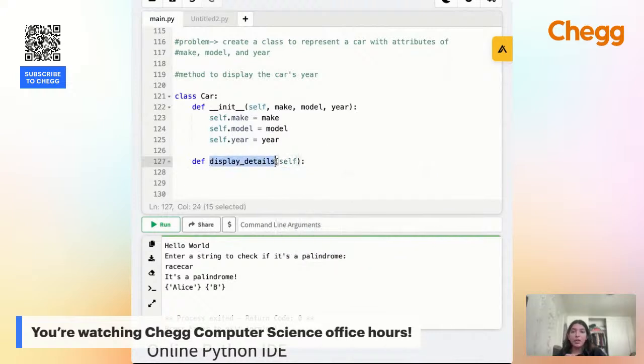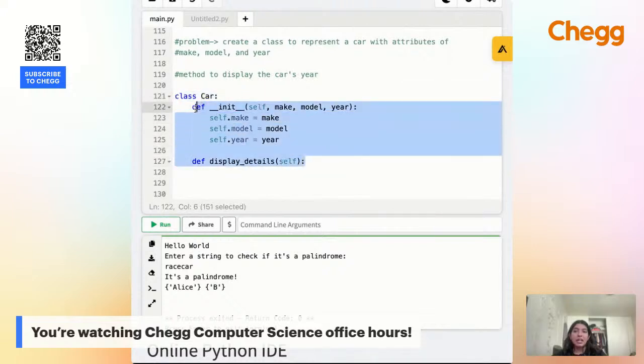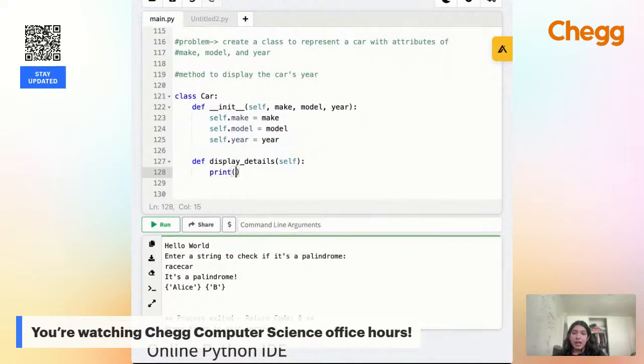So now that we have our attributes instantiated, what we want to do is make our method. In our method, we call what we want our method to be. A method is another way to say a function that belongs to a certain class. In this case, our function is display details, and the class that it belongs to is the Car class. Also note that when we do indentation, that means that the functions and the methods belong underneath the position that we put it at. So by indenting these and putting them under the class Car, we're saying that these belong in that class. So once you have the name written out, we get to decide how we want to print out